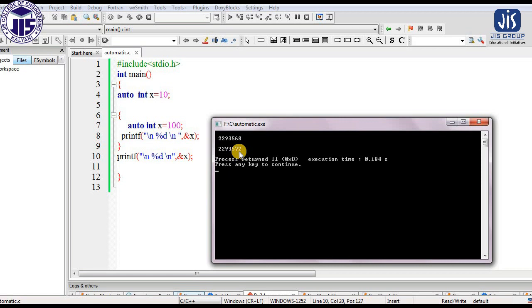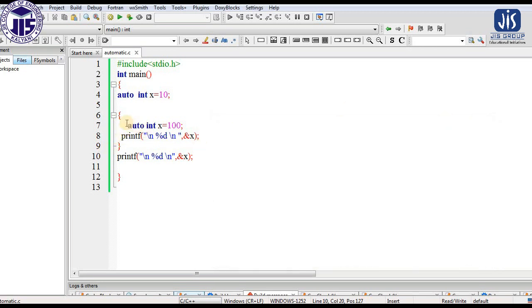So from this it becomes much more clear that the memory locations for these two x variables are separate, and as the memory location is separate, that means these two variables are existing separately. That is the local variable. So the local variables we have to declare within a specific block, within a specific scope, and that variable exists only within that scope. Whenever we get out of the scope, that variable is no more existing. As I have shown, here we are getting 99, but as soon as we get out of the scope, we are not getting the value of that variable.